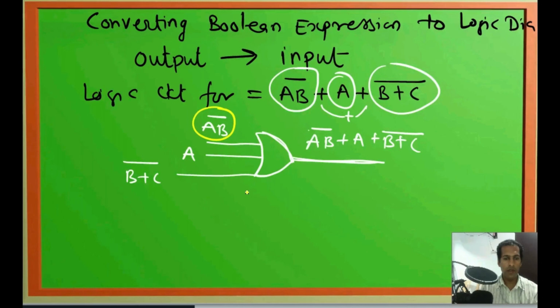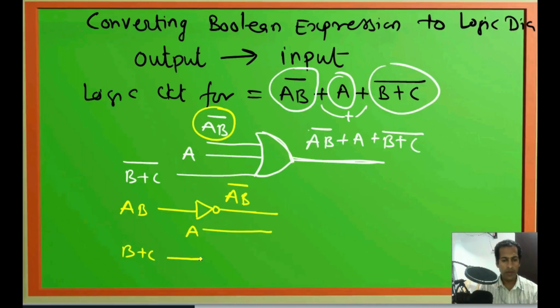So remaining two will keep as it is. So AB bar and B plus C bar should be coming from some inverter as complement. If I give AB as input to one inverter, it becomes AB bar. A is as it is, so no need to modify. Here I give B plus C to one inverter, so at output it gives B plus C bar, and all of these three